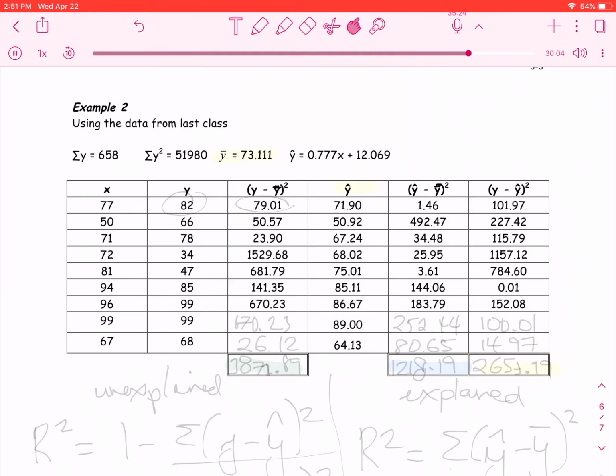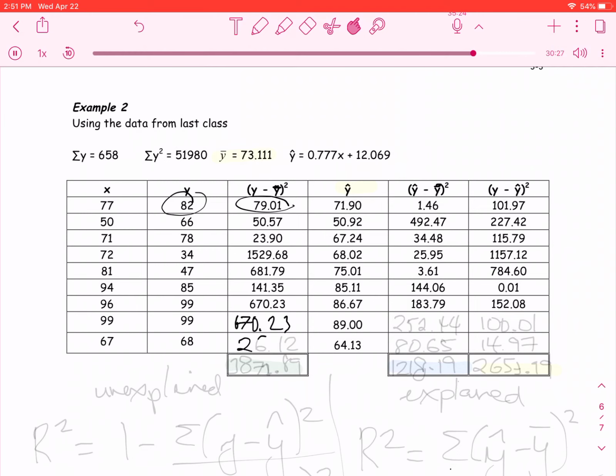Okay, good. So with the data that's given to us, we can find the difference between y and y bar, and then squaring that value. And I've done the first couple for you. The next couple that we have would be